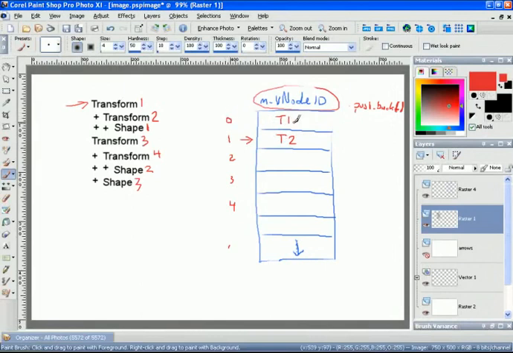Then we're going to go down to shape 1. Well, we have two plus signs, so the shape ID value is going to get stored here under ID number 2, and we're going to know it's nested under whatever's saved under node number 1, which is transform number 2. Then when we get to transform number 3, we're going to go back inside here